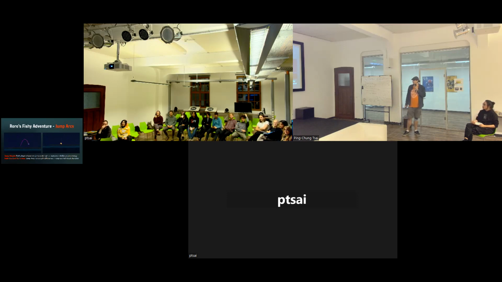And as you might be able to see, the jump arcs are actually slightly different. They are individualized: Rodney, the yellow one, jumps higher than Harold, and Harold falls faster than Rodney. So there are differences between the characters as well. How do you achieve that? I'll get to that right now, actually.